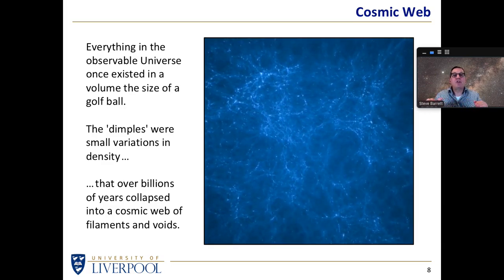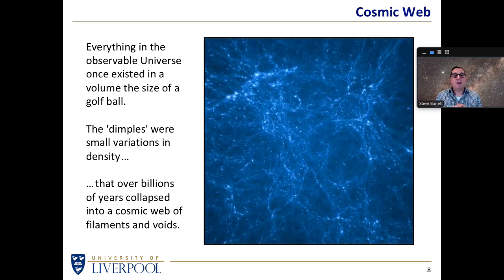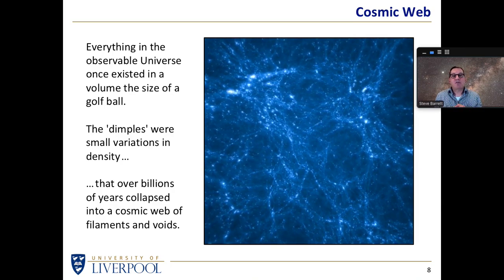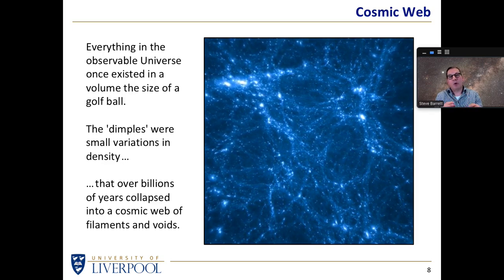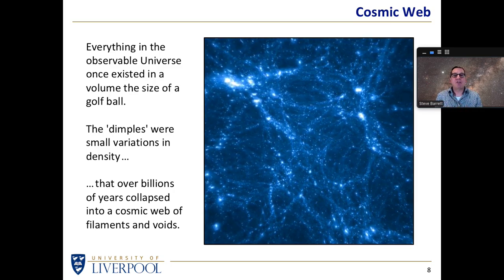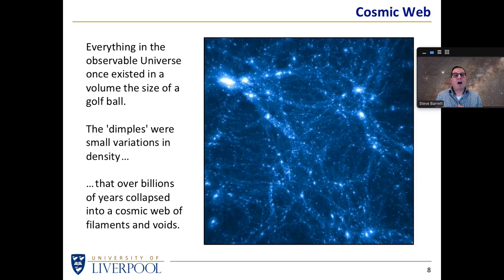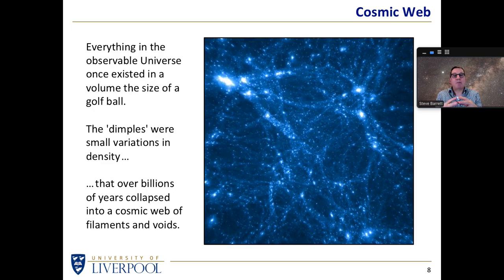And because of these small variations in density, we find the structure collapses into a structure that looks like this, a web-like structure, with filaments and voids, and where these filaments seem to cross each other, we get little patches of high density matter, where the matter is collapsing into blobs. These blobs are ultimately going to be what we now call galaxies, and galaxy clusters and galaxy superclusters. It might take a few billion years to do that, but this is what the simulations tell us ought to happen if we have the right starting conditions.